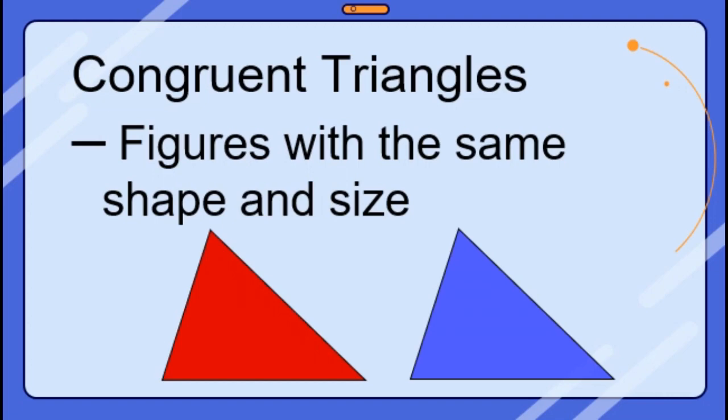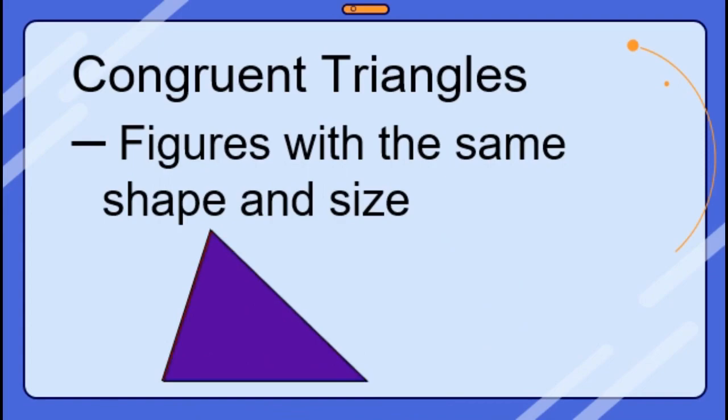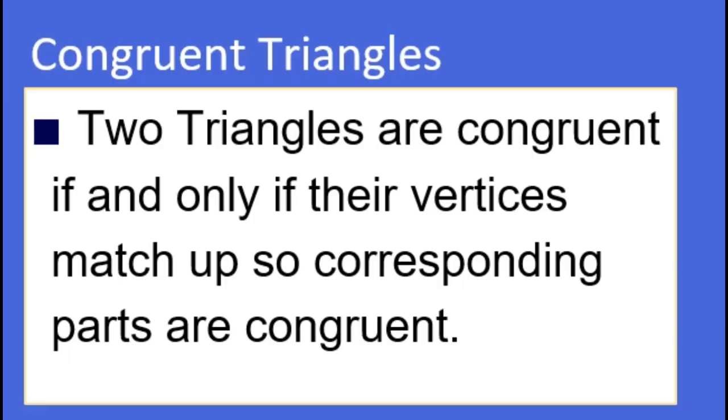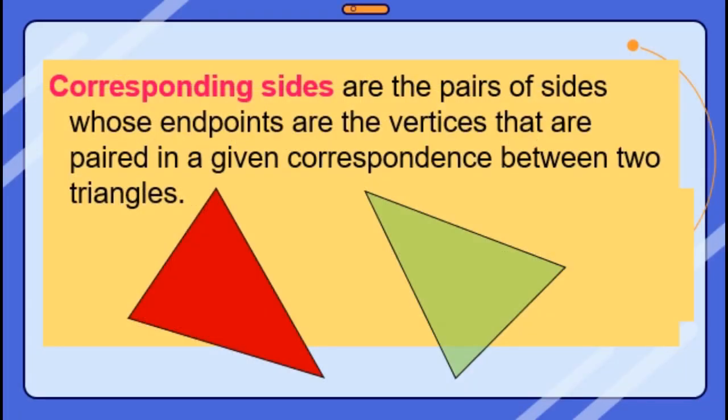Now let's talk about congruent triangles, figures with the same shape and size. The congruent triangle statement says that two triangles are congruent if and only if their vertices match up, so corresponding parts are congruent. Now, corresponding sides are the pairs of sides whose endpoints are the vertices that are paired in a given